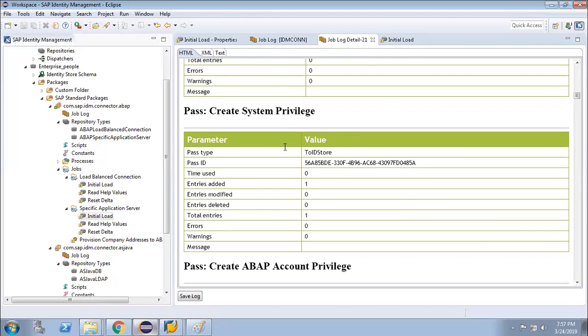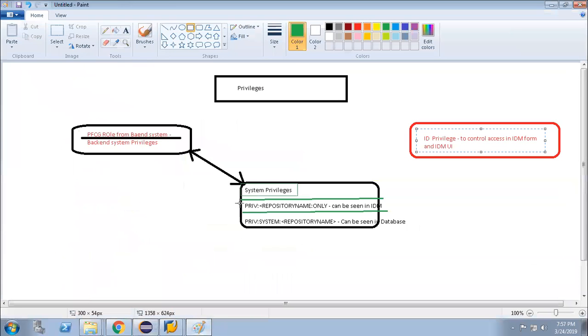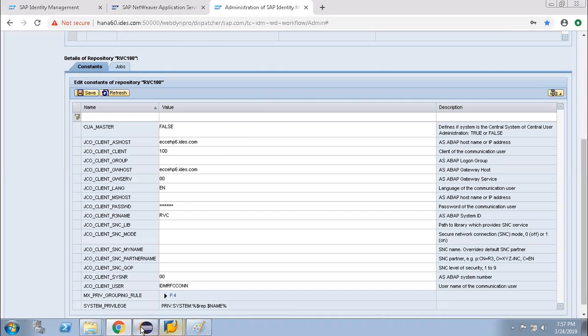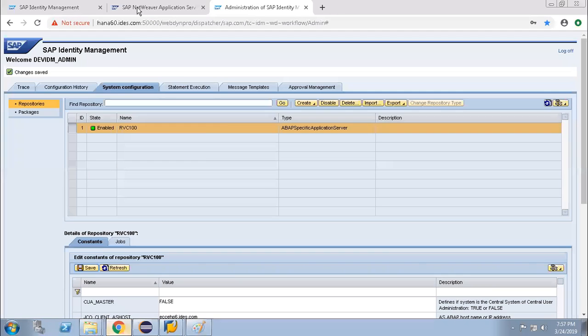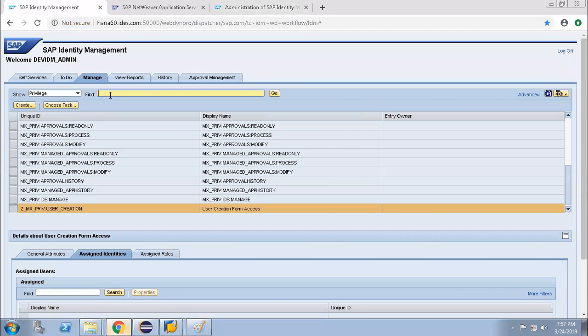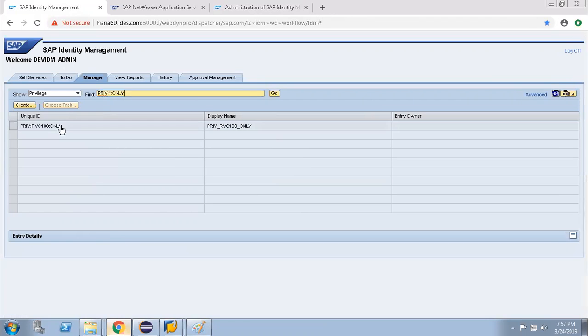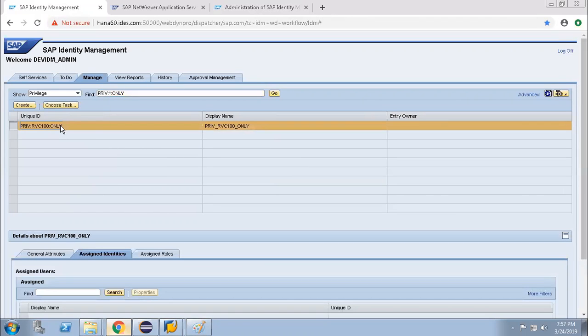Now create system privileges, that is 1. Correct? I told you about the system privileges. Okay, if it is 1 it means it is successfully created. Now if you go back to the system here and click on priv colon star colon only, you will see that the system privileges are created.